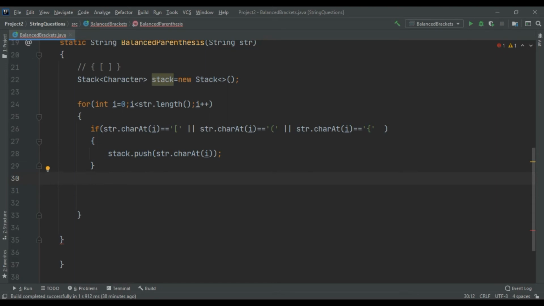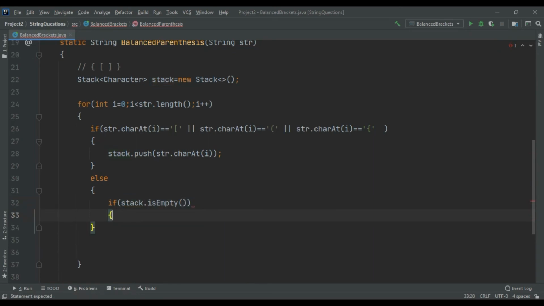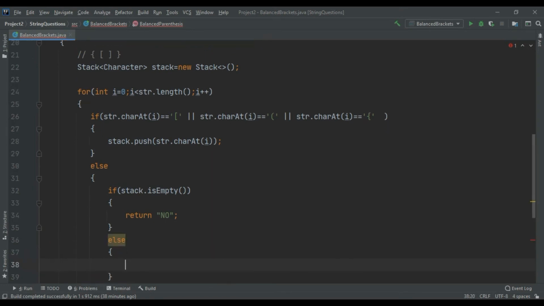But what if, in the else condition, we find that our stack is empty? If a stack is empty, then what to print? Simply we would return no. Okay, now if this is also not the case, okay,